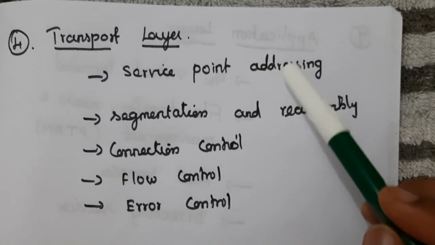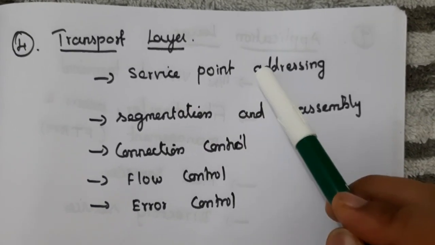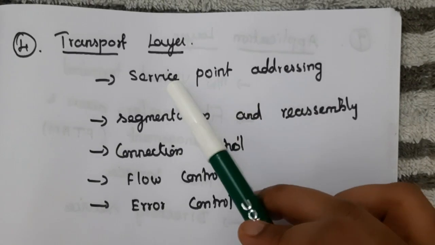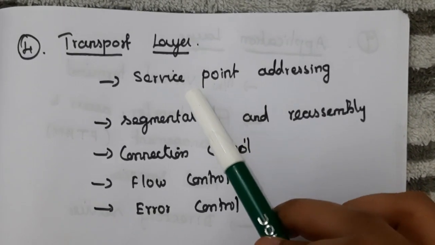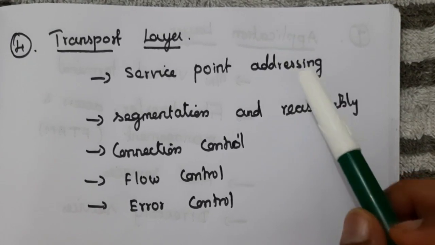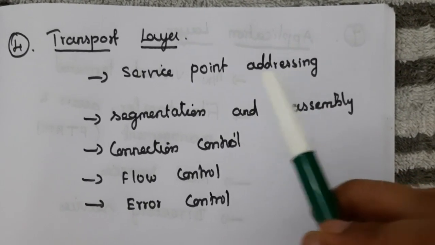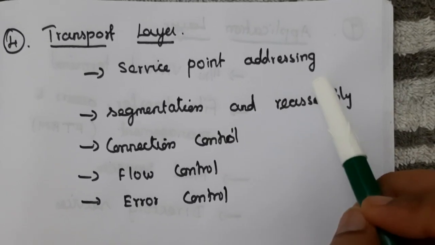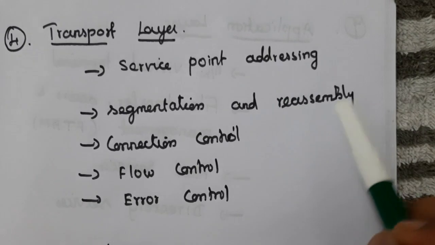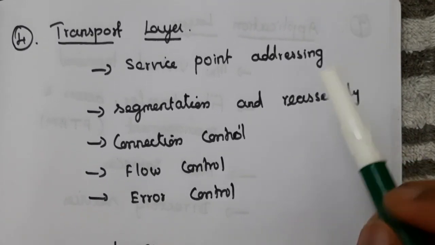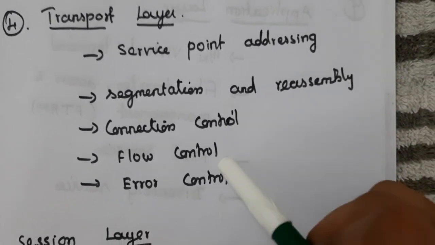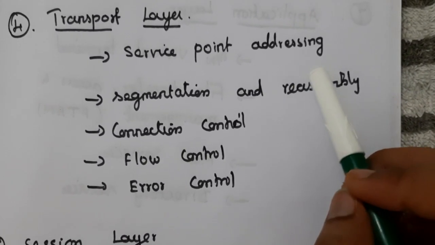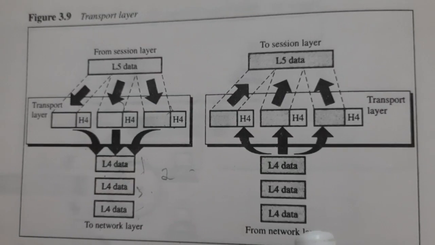So the next layer is transport layer, and this is a layer that ensures end-to-end data transmission. For that it adds the header and uses the addressing of service point. So this is the first function of transport layer: it adds the header with the service point address. Next, we segment the entire bit stream into small sections, add the header for each section, reassemble, and transmit the data again. Next three are control functions: connection, flow and error control. So these are the functions of transport layer.